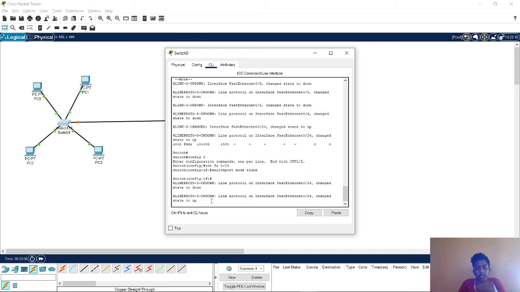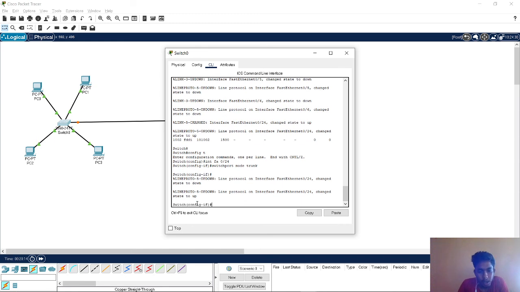It says line protocol on interface 24 changed state to down, and then changed to up. Now that's all, exit from here.